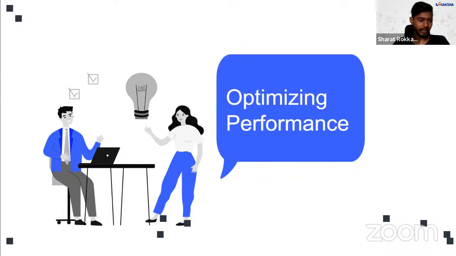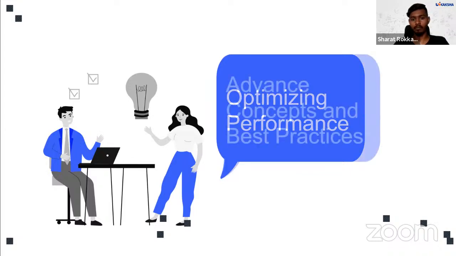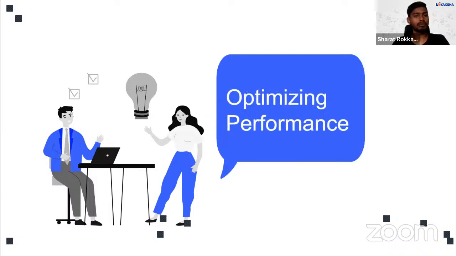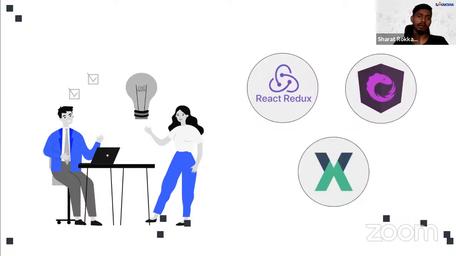And once we understand data management, we need to understand that once we have created our application, we need to optimize its performance, right? To optimize our performance, there are a few steps that you need to follow when you are writing the code. You need to write the code in the most efficient manner. You need to write comments in your code so that you are able to understand it, and even if any other person is looking at your code, they can understand what you have written, right? Other than that, you need to write code in a splitting manner. You need to create different chunks of pieces, right? So that at the end, you are able to merge all those things and create a great web application, right?